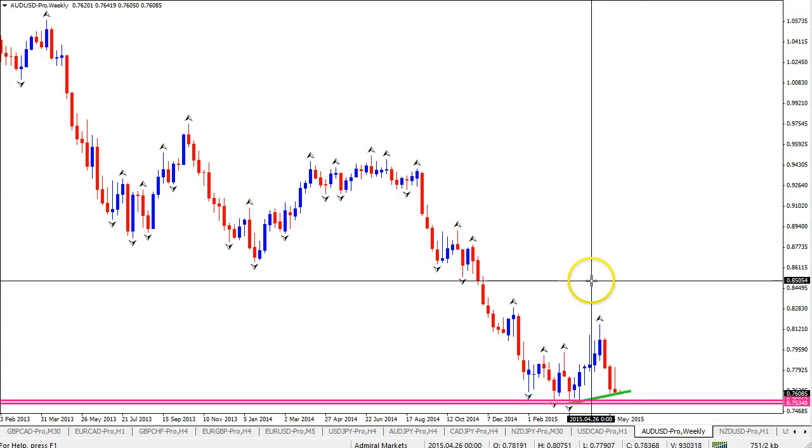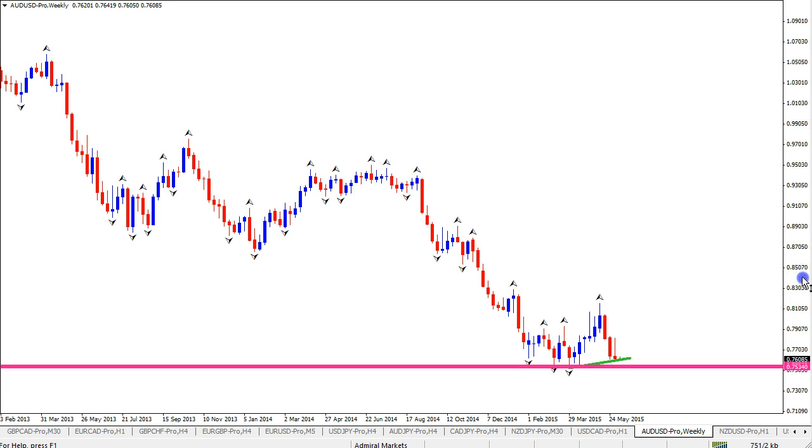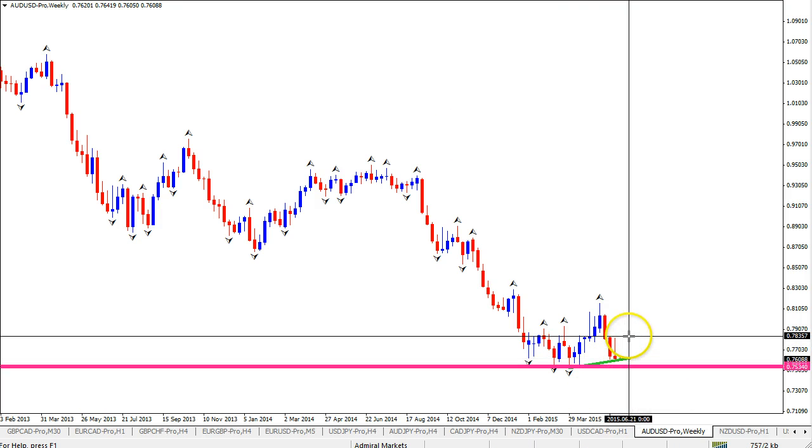So I'll just wait and see how this turns out, and perhaps below 75, when price starts to accelerate below support, then it could be a different matter. The alternative, if price does bounce here at support, then a break above